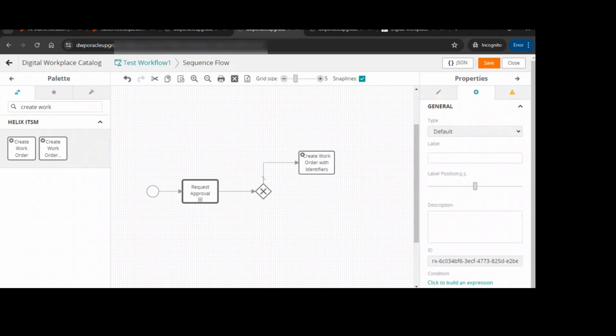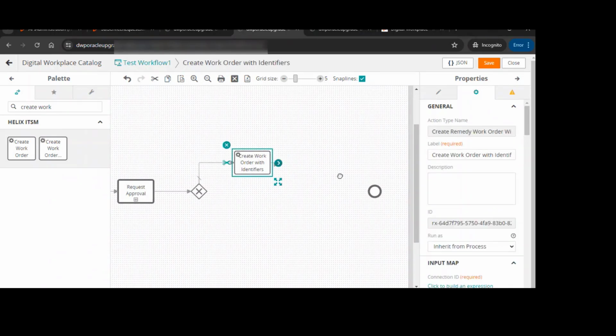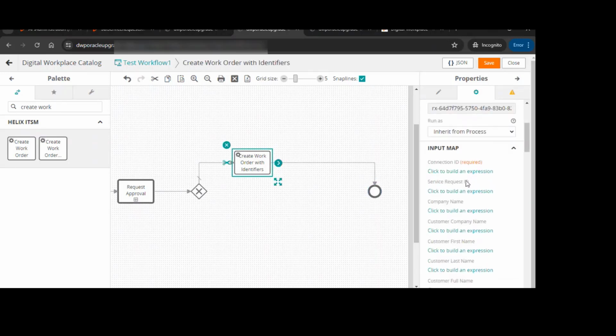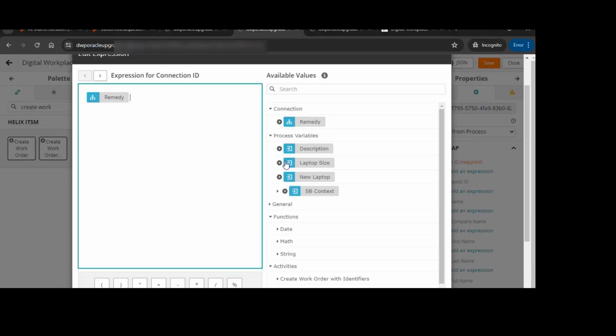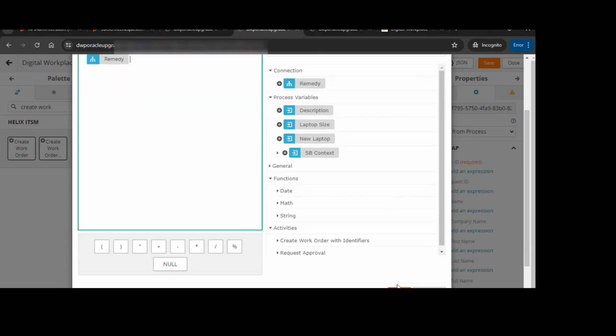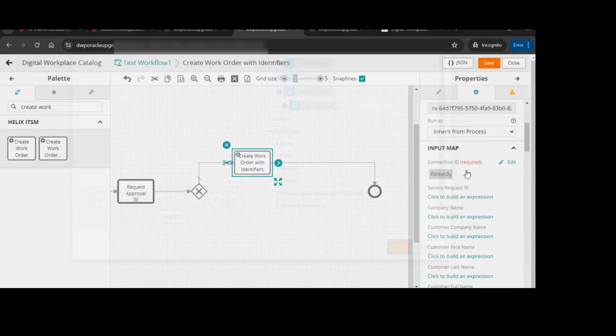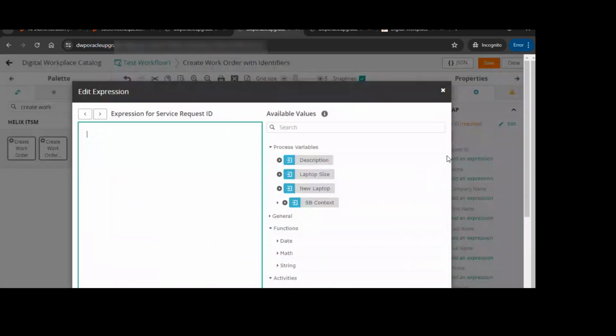Okay, and then I'll take this one to the end. So in the create work order element, the connection, you'll have to select the remedy connector. This should be connected in order to make it work. So you'll select the remedy connector, and then service request ID. This is not a mandatory field, but you can take the service request ID